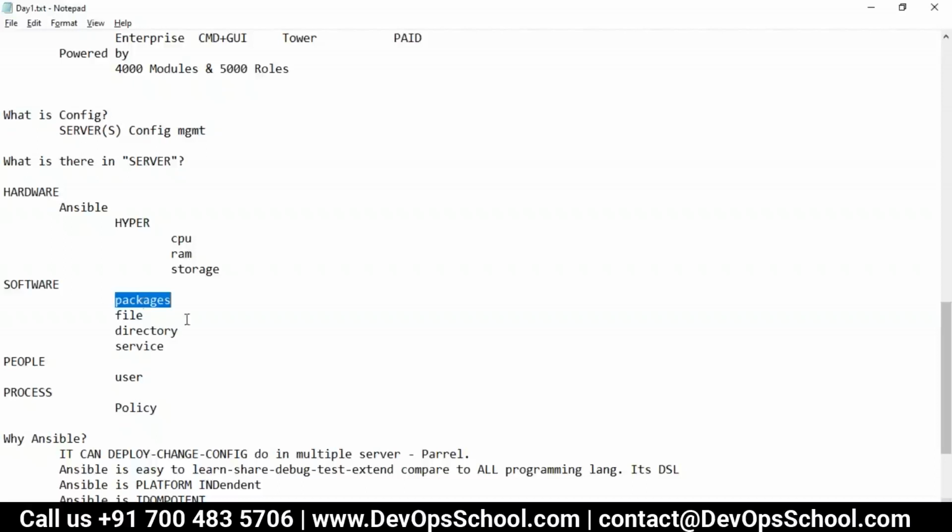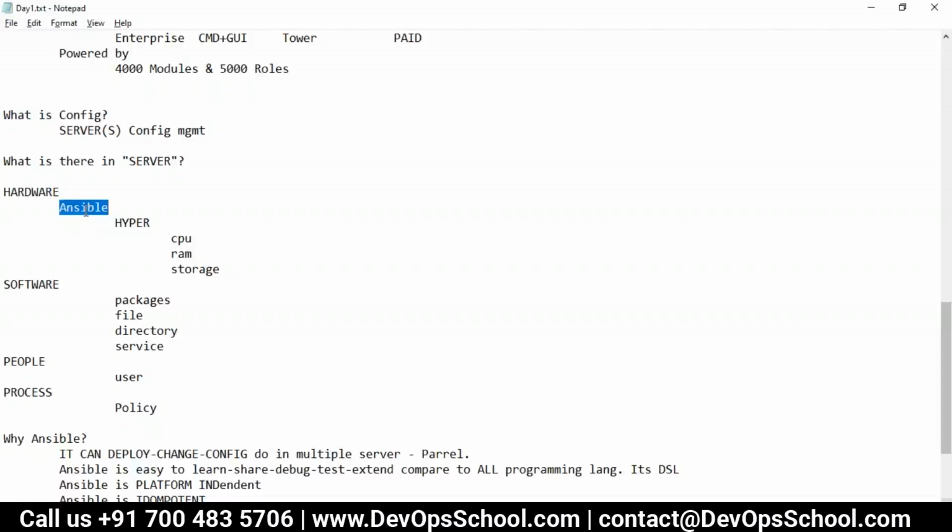So which one are you using for orchestration? Public cloud, AWS. Yeah. Azure. Ansible can talk to any applications, and AWS is one platform. Ansible will talk to AWS, and AWS will do that thing for you, but the instruction will be given by Ansible. So that is possible anywhere.